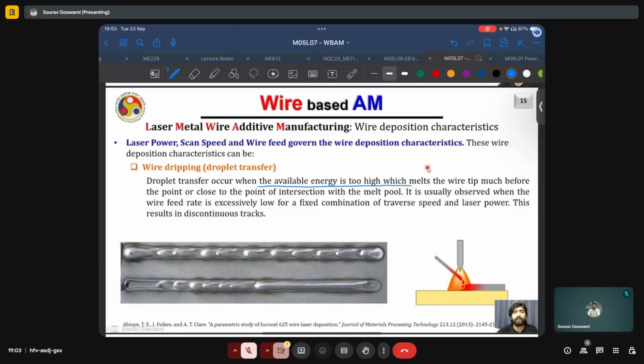Because of this very high energy intensity, the wire tip is melted much before it can reach the center of the melt pool or the desirable region of deposition. This high energy intensity locally is usually achieved when the wire feed rate is excessively low, assuming that the traverse speed and laser power are fixed, or if the laser power and the feed rate are fixed, then it can happen because of very low traverse speed and results in discontinuous tracks where we